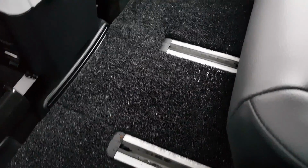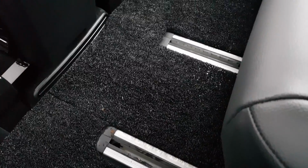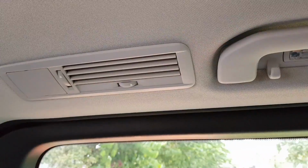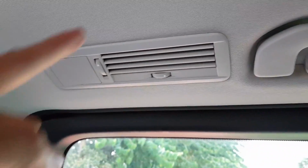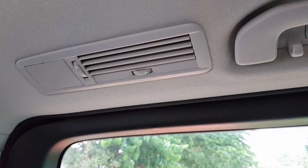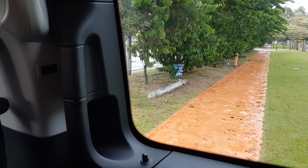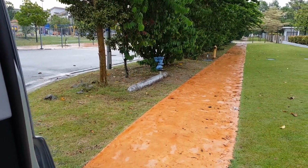All right. Another very nice thing about it is that the second row here is fully flat. The floors are flat, so it is very, very comfortable for all 3 passengers. You have rear aircon vents here through the roof, which is, to me, either it has to be roof mounted or it has to be B-pillar mounted, so that you get proper airflow on your face. And it has 3-zone climate control, so you have left, right, and then the rear as well. To open the doors, just an elegant small little button. That's how you open it. Yeah, so both